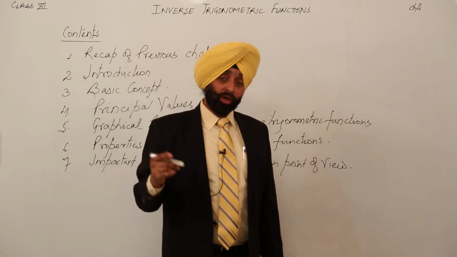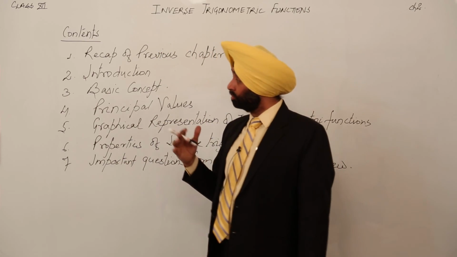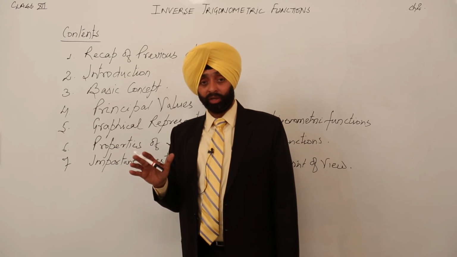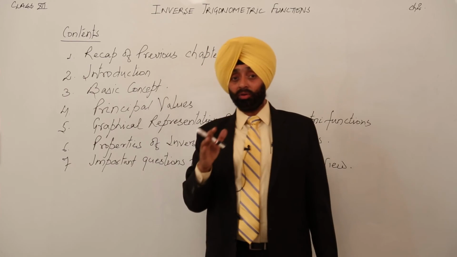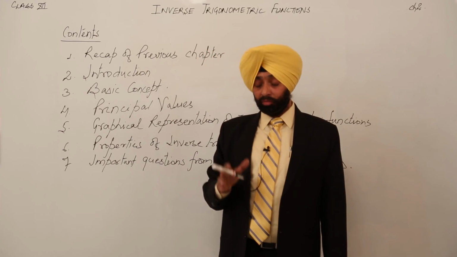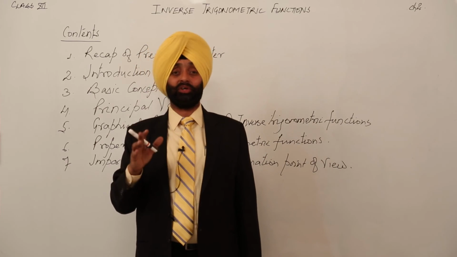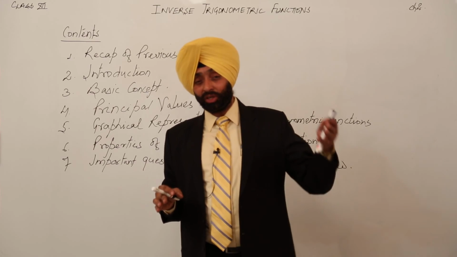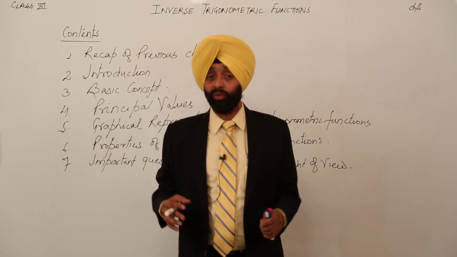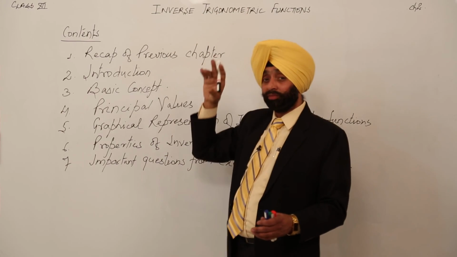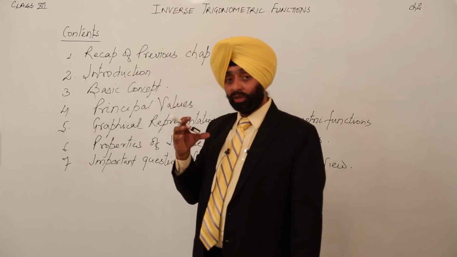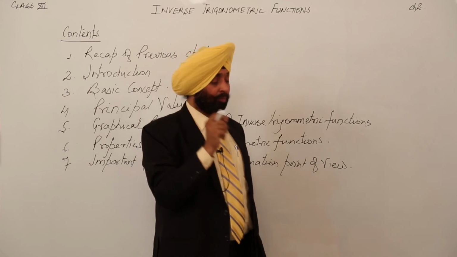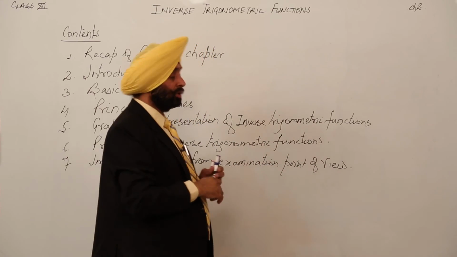Now again coming back to class 11th, we have gone through the chapter that all the ratios are not 1-1. They are not 1-1 on their natural domains, but they are surjective functions, meaning onto functions. They are not 1-1. Now when the function is onto but not 1-1, how can we find the inverse of a trigonometric function? This is the nice concept we are going to work on today. So now, going for a small recap of the trigonometric ratios, let's start it.